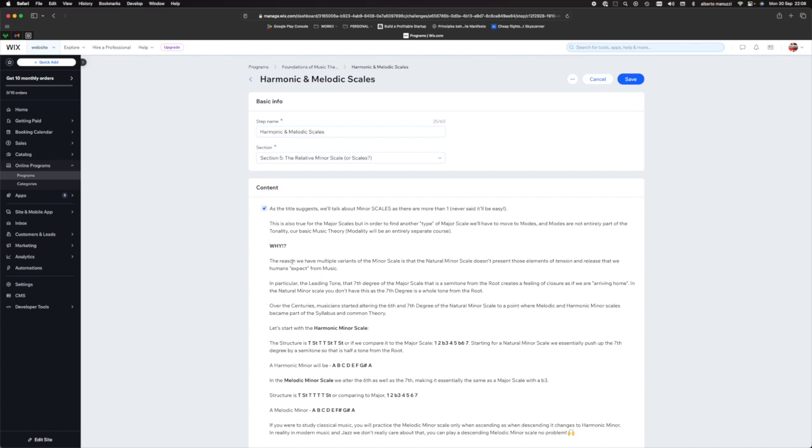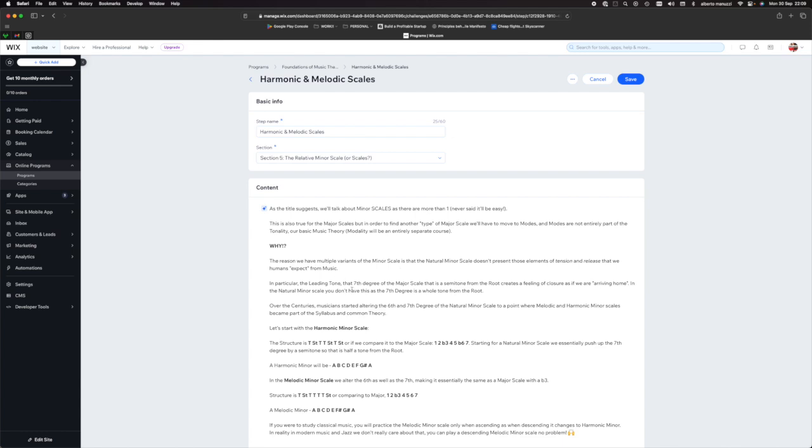We said that there is a tension and release build up when we get to the leading tone, the 7th degree, and then that semitone to the root takes us home, quote unquote. Okay, and of course our ancestors thought about that, and they created 2 versions of the minor scale,